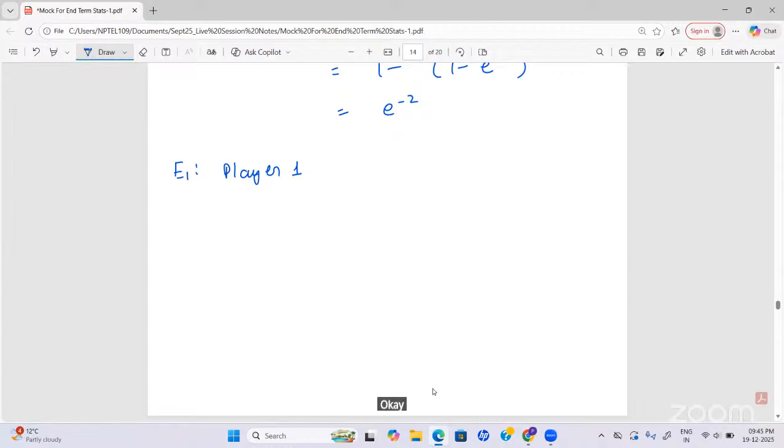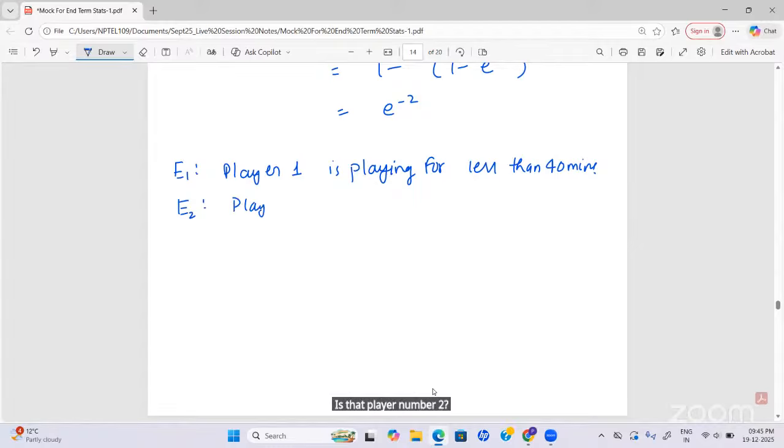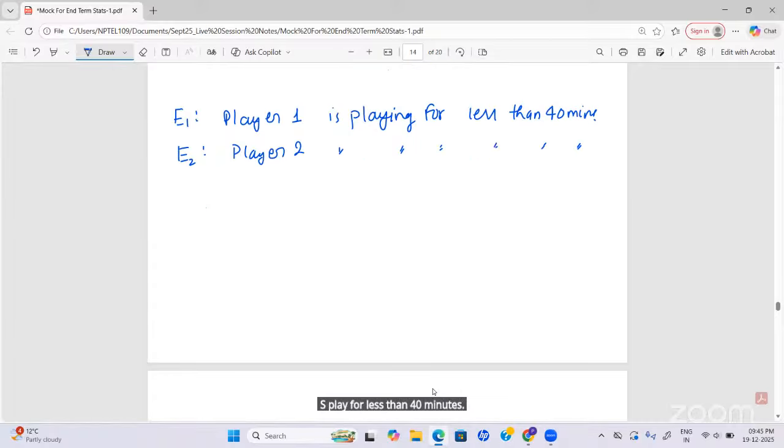Okay, player 1 is playing for less than 40 minutes. And E2 is that player number 2. Okay, 2 players are there. So player 2 is playing for less than 40 minutes. The probability we have to find is the probability that